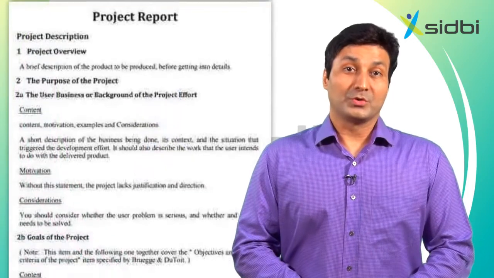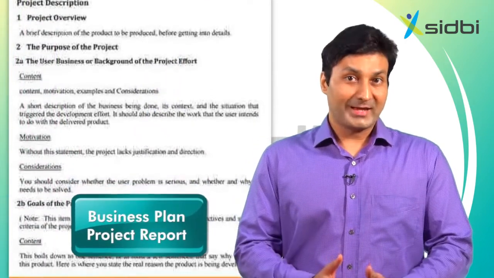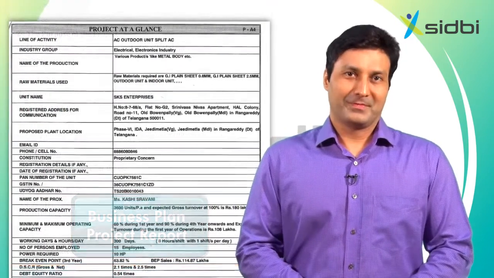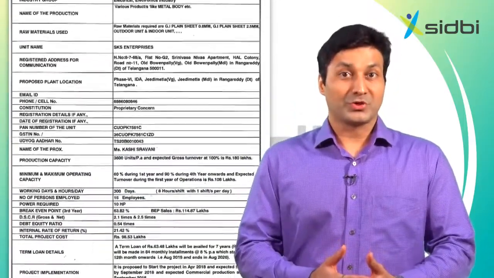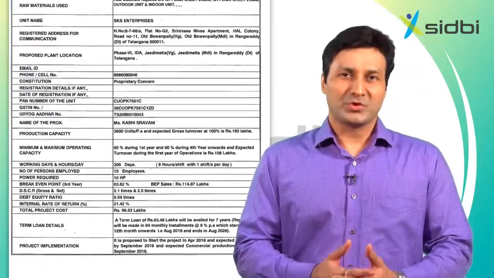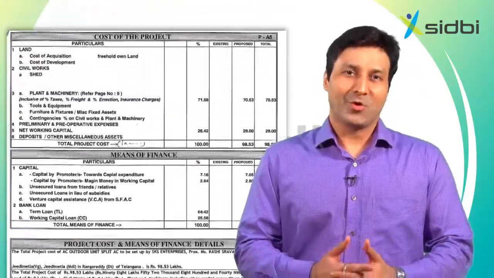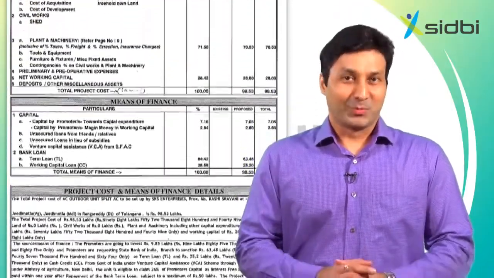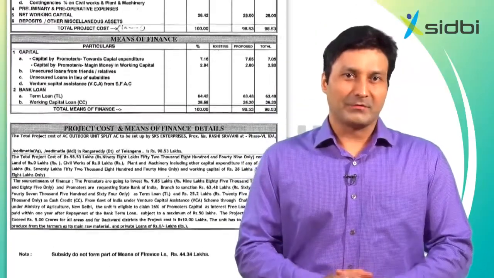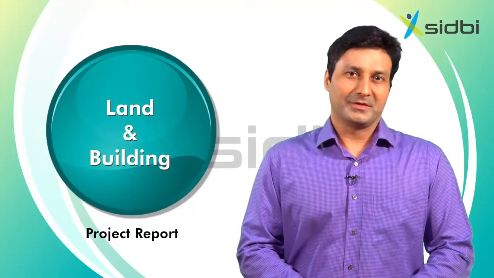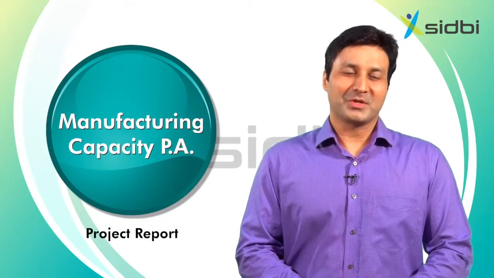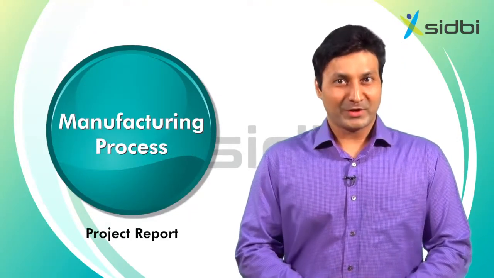This takes us forward to the next step, a business plan or project report. A project report is a document which gives an account of the project proposal to ascertain the prospects of the proposed plan or activity. The project report contains detailed information about land and building required, manufacturing capacity per annum, manufacturing